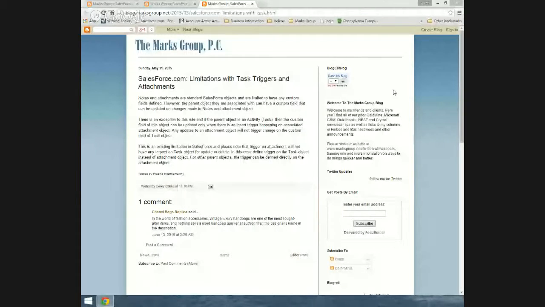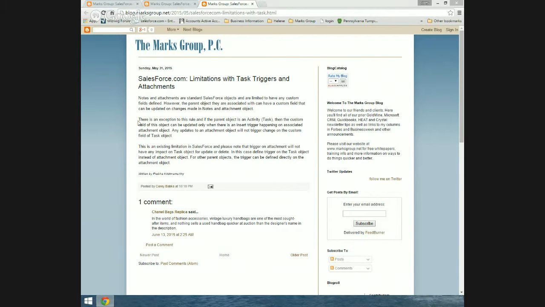We ran into a lot of problems with it though, because the email is kind of a custom activity and the task itself. So if I actually share my screen here, let me just show you what we're looking at. The notes and attachments are standard objects. And even though we're importing attachments, to have that roll-up field, or a formula field almost, that would say if there's an attachment on this child activity, bring it in and give me a checkbox, that's fine. But there's a problem in that the parent object, if the parent object is an activity,